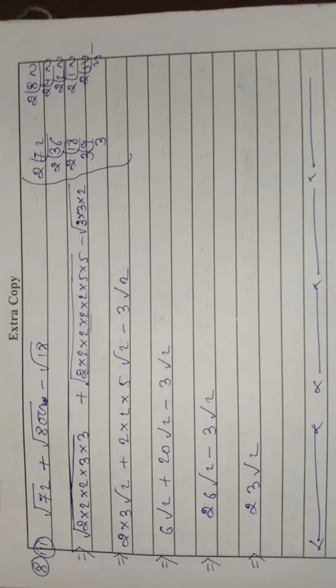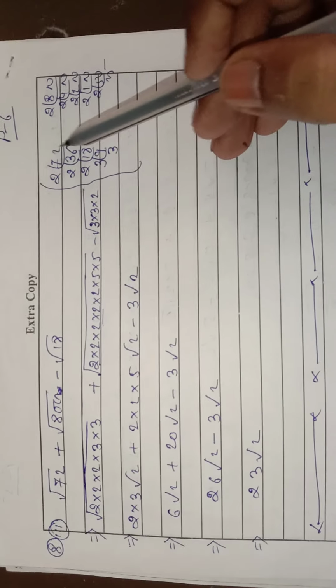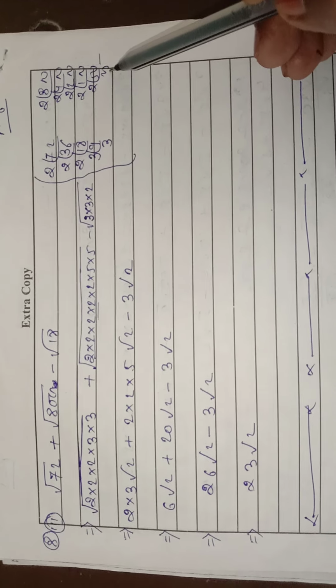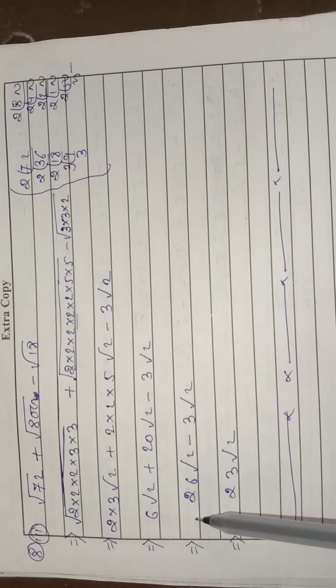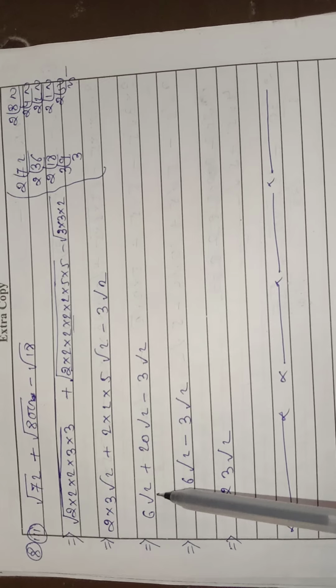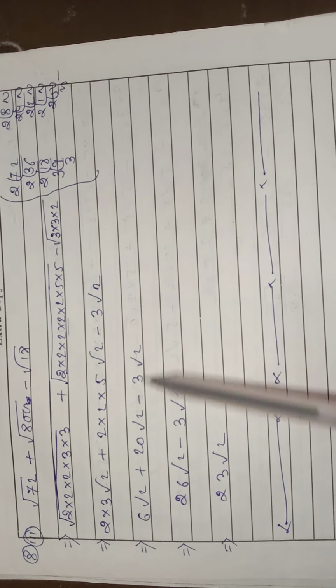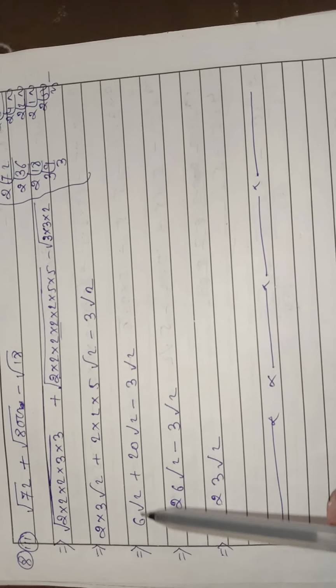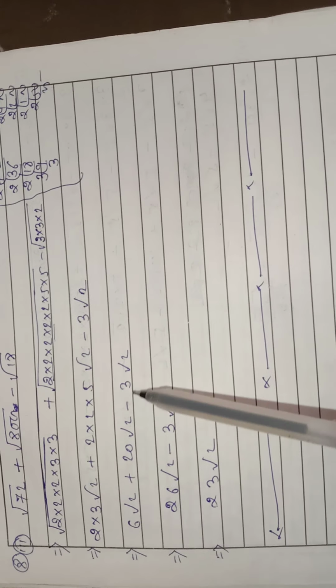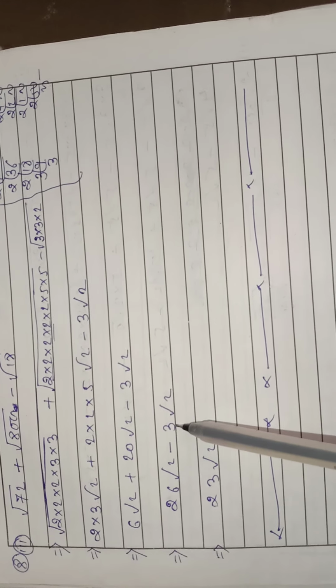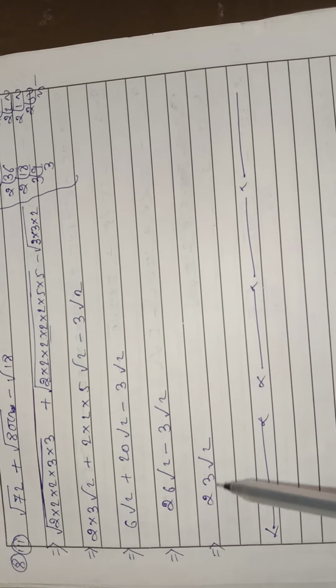Same way, question number 3. Numbers were given here. Here I have factorized. Common numbers, take out common. In each and every place you will find root 2. That means these 2 we have to add because both of them are addition, and this 3 we have to subtract. 26 minus 3, that is 23 root